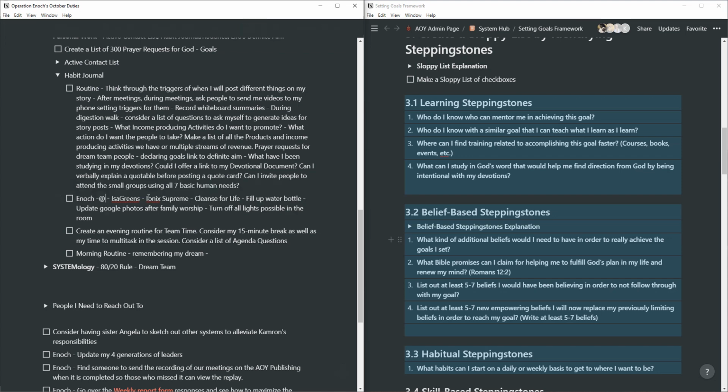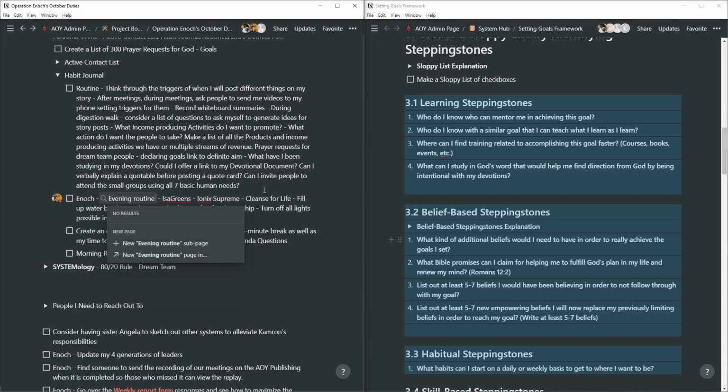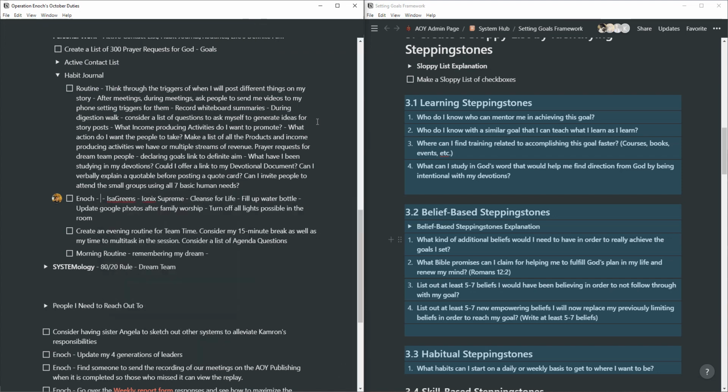I have a page that's actually called evening routine, but it doesn't want to open up. Yeah, because in your personal. Evening routine. Right? Because it's in your personal? No. One thing that you could do. Oh, it's probably because I'm on Kamran's account. Yeah. But I can link to my personal things on here, but nobody could access them. One, it says untitled, so people can't see it because the permissions, they can't view it. And two, if